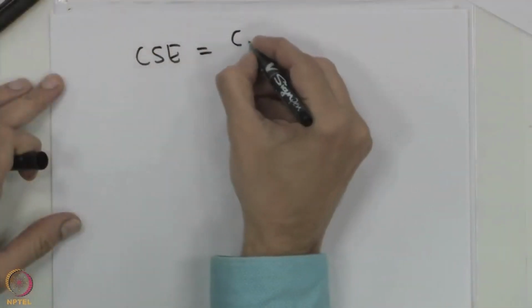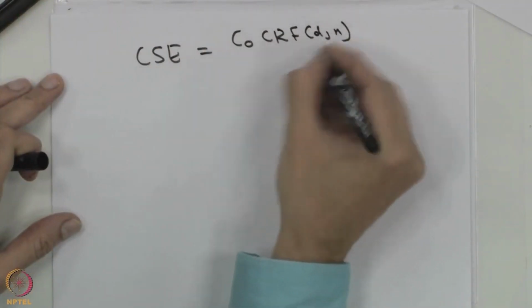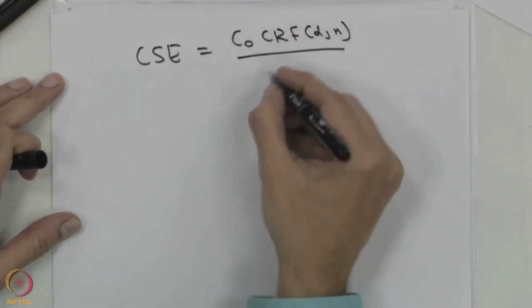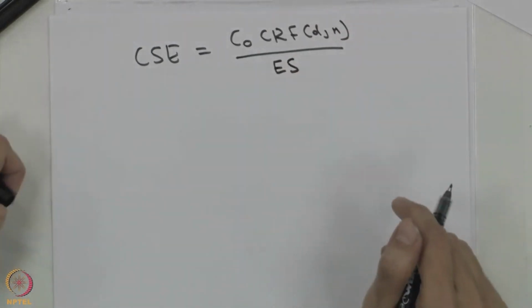So, the cost of saved energy can be calculated for an energy efficiency option by taking an investment, annualizing it, and dividing it by the annual energy saving. This annual cost of saved energy will be C0 into CRF dn